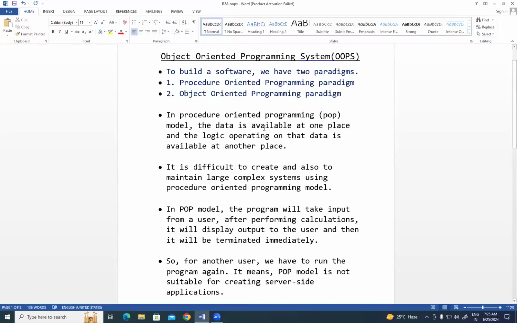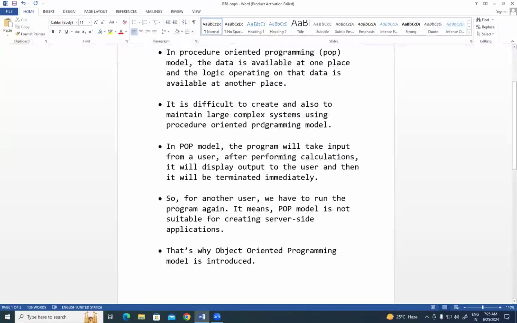I told that there is an issue with the procedure. It is okay for small systems, but if you want to create and maintain large complex systems in the procedure-oriented programming model, it is too difficult because